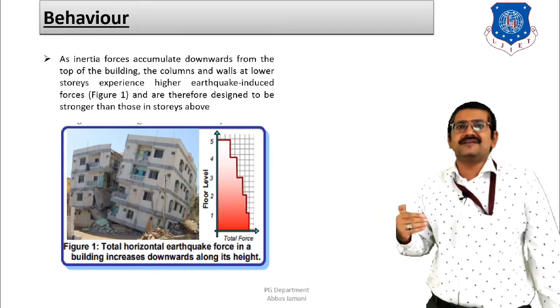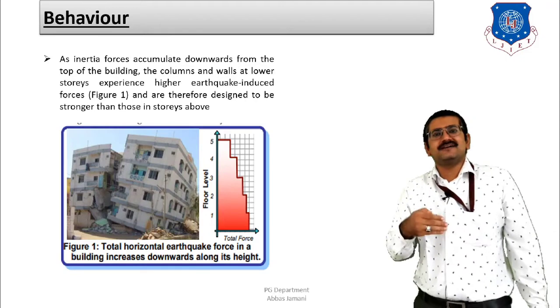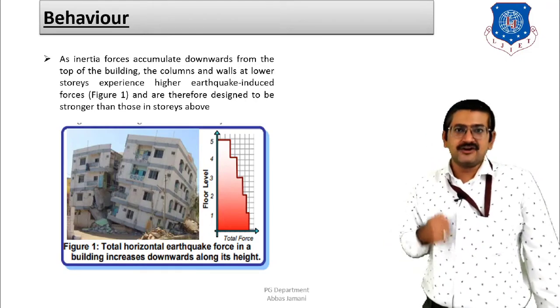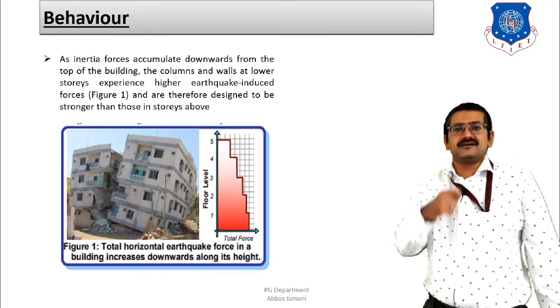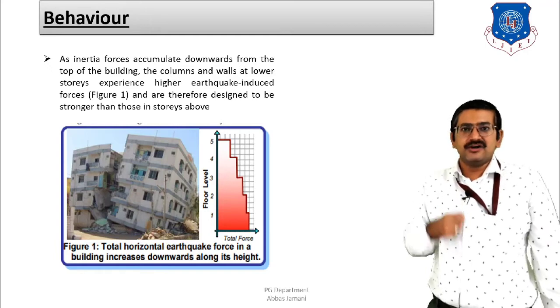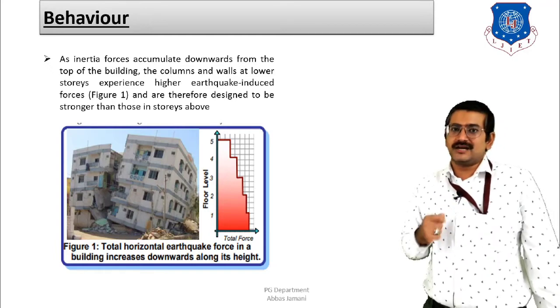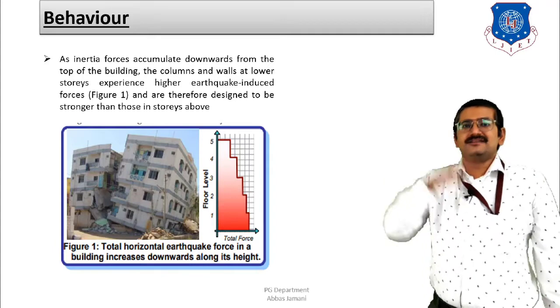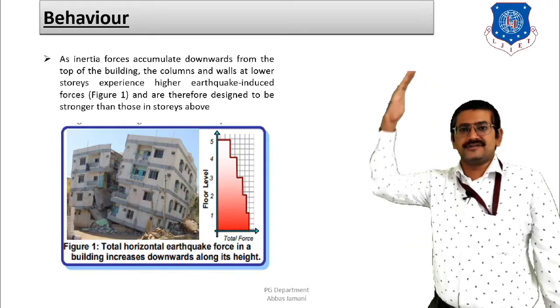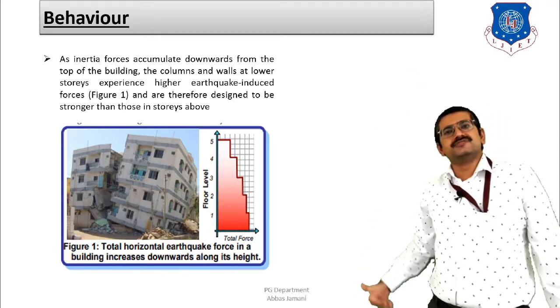So as a result of that, we can say that the inertia forces or the base shear that will be generated due to the effect of this weight that is going to be there in the building above is going to be more concentrated at the lower level, that is towards the ground, because all the forces are going to be transferred from the top to the bottom and from the bottom to the soil below.